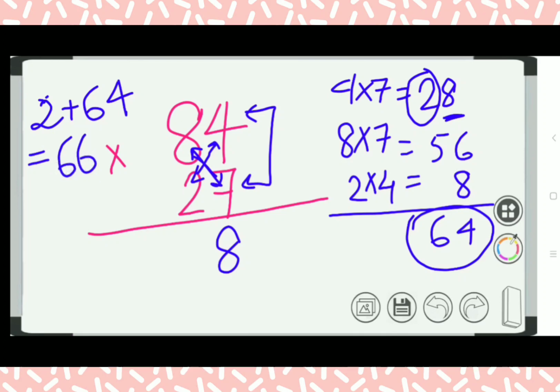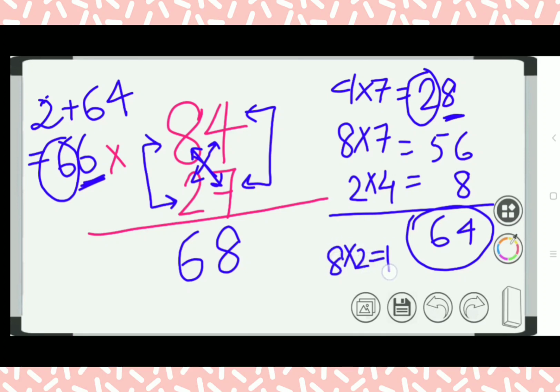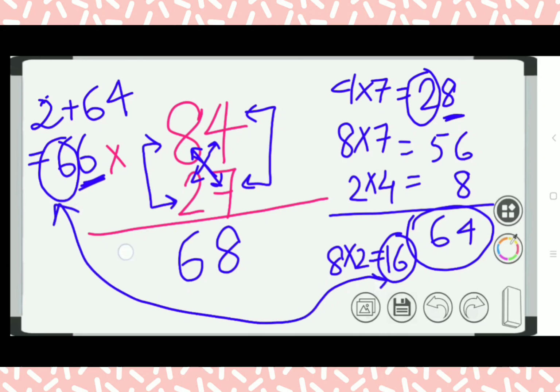So again we will put this 6 here, and we have 6 in our hand as carry. The next step is, these two tens place digits will be multiplied, meaning 8 into 2, it will become 16, and this 16 will be added to the carried 6, which is coming 22. In this way we can do this type of sums.